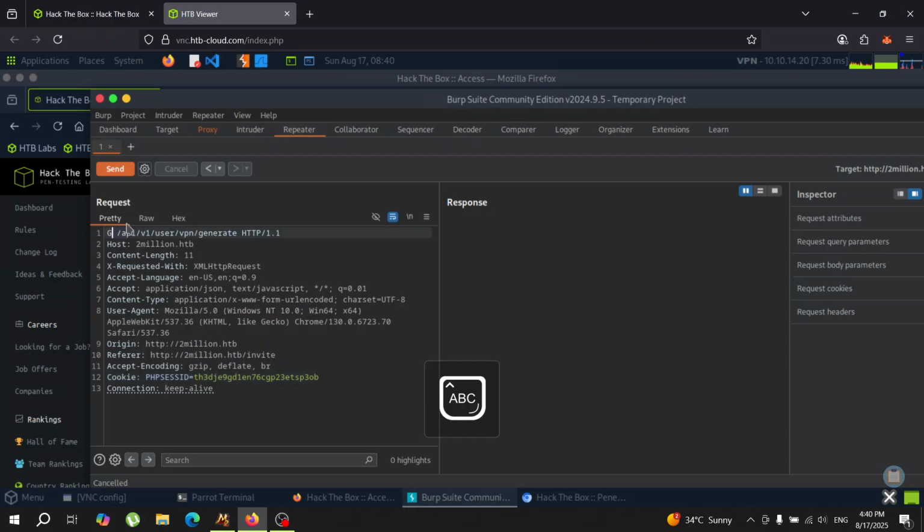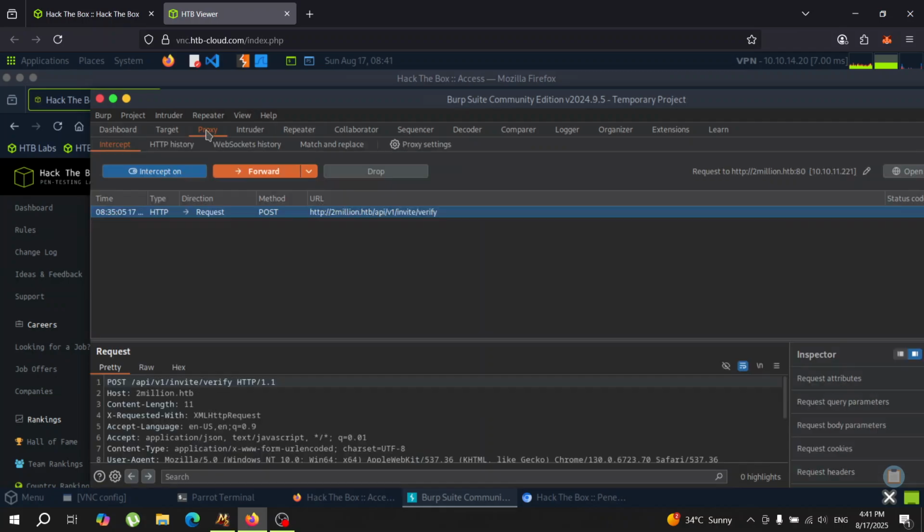So maybe something else. No. Okay, let's try some other endpoints to see what's happening. Nothing here. But I don't know really why my requests aren't going. So let's